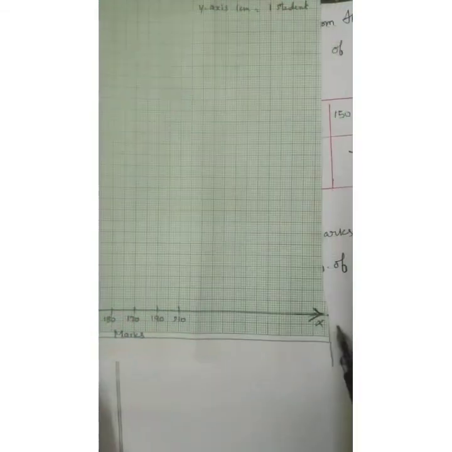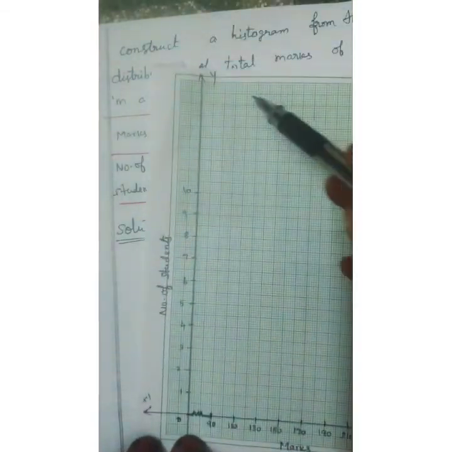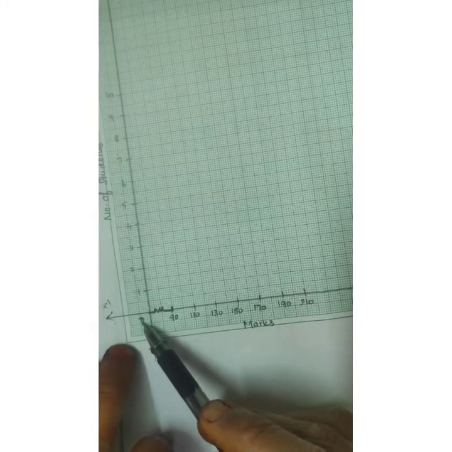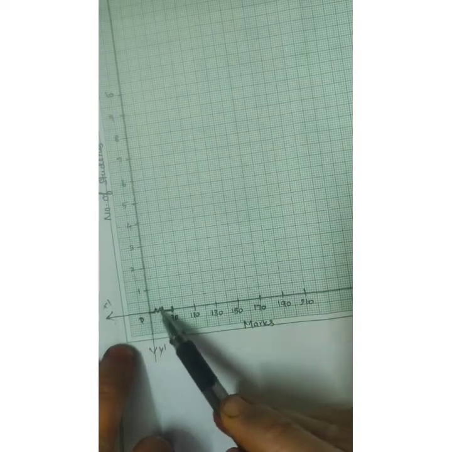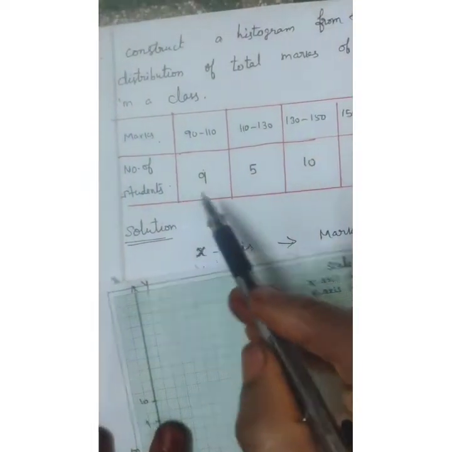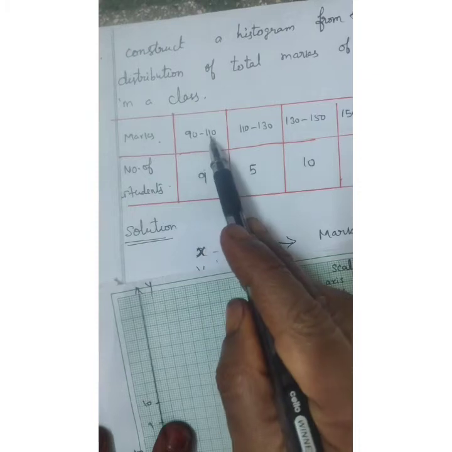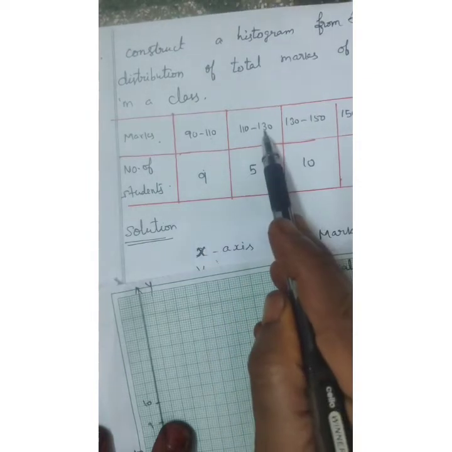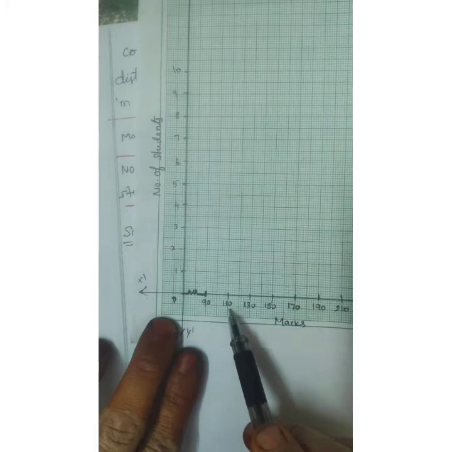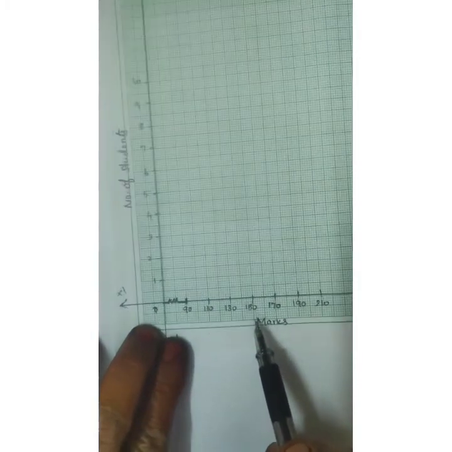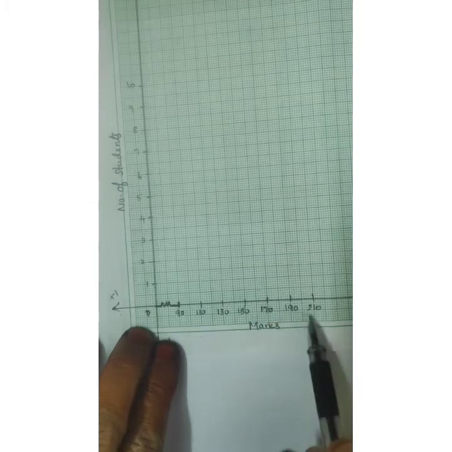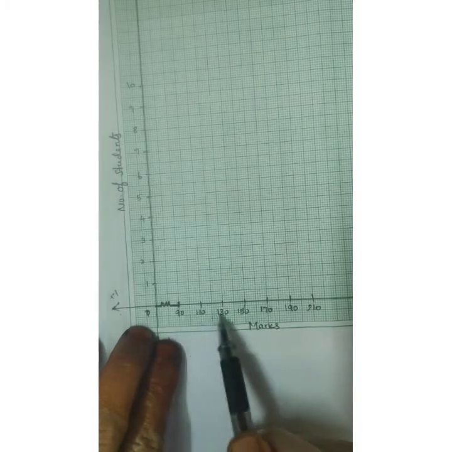Draw the graph with x, x dash, y, y dash. In the first graph, the numbers start from 0. So in between, there are no numbers, so you put the symbol there. In this question the starting number is 90. Next, add 20 and get 110, 130. So write the numbers: 90, 110, 130, 150, 170, 190, 210. Add 20 each time and write.